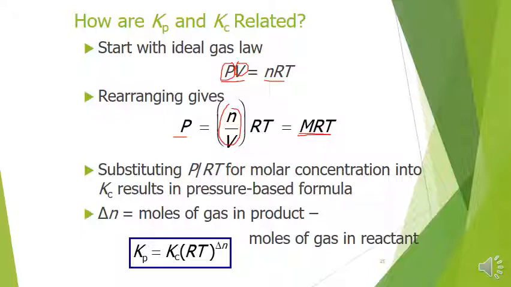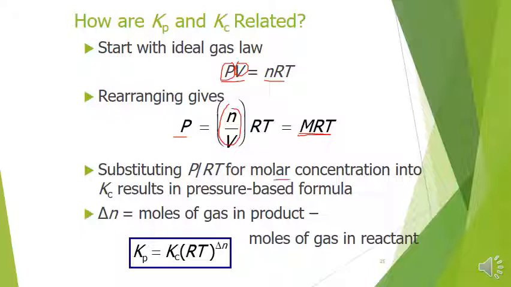And we saw a similar expression when we talk about osmotic pressure. And then substituting P into the Kc expression. So what we're going to do is replace the pressure with